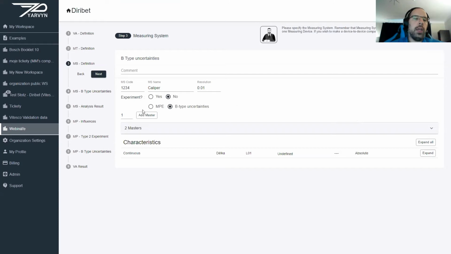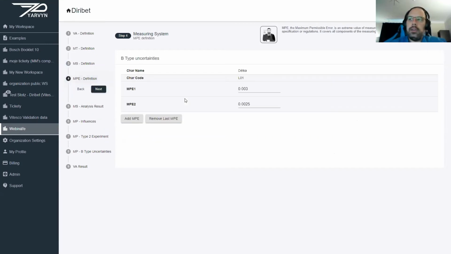The first one is something called MPE, maximal permissible error. As it was said, this MPE is some kind of maximal error that is caused by usage of this specific measuring system. And this MPE,